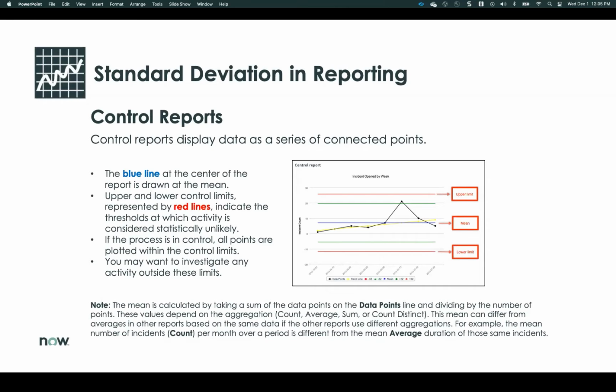And then the upper and lower limits are represented by the red lines, which indicate thresholds at which activity is considered to be unlikely. But if it does go outside of those limits, then it is definitely something that you want to look into. And the note down there at the bottom, you can read that on your own, but it's basically telling you how things are calculated within that